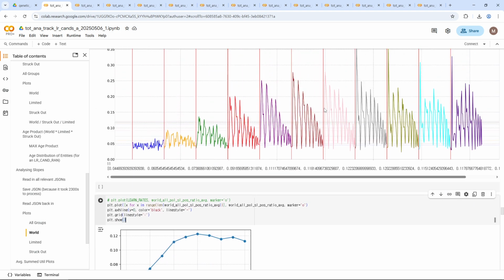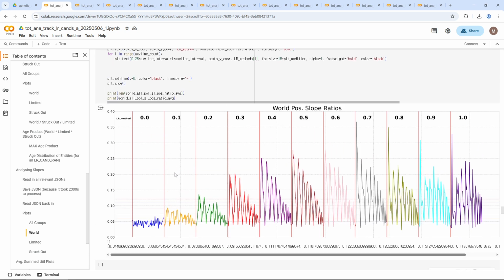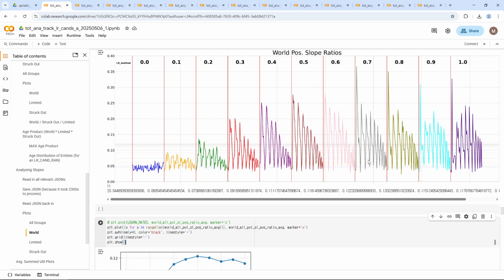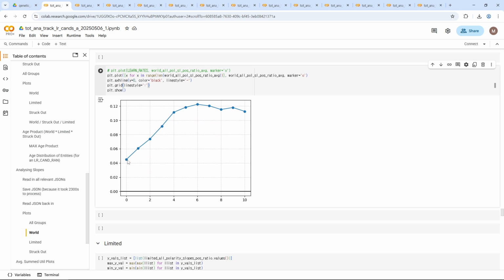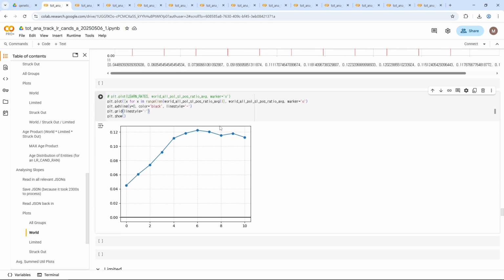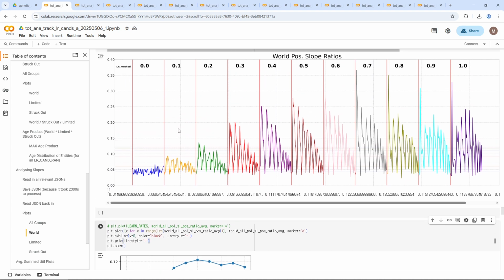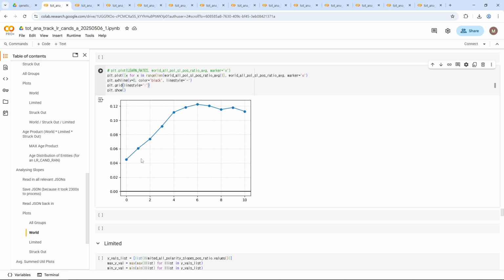Then again, each learn rate is in a different color. So below, in this one, each data point is the average per color, the average of each color or each learn rate. So when we do that, we see that the average positive slope ratio goes up and then plateaus. This we have seen,